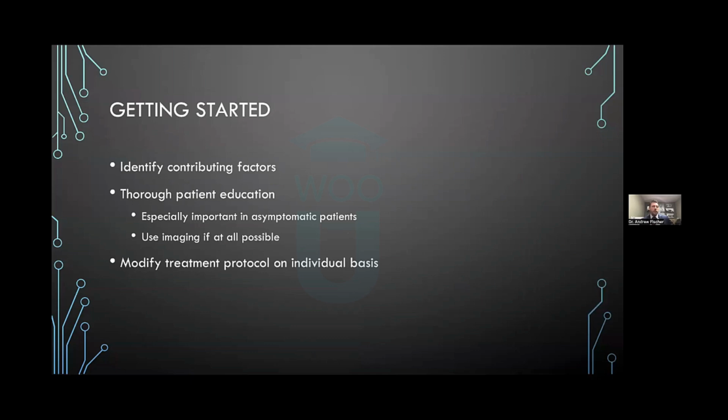So in getting started integrating dry eye into your practice, the first thing we need to do is identify the contributing factors, or the bigger contributing factors, and target those. It's important to keep in mind throughout this whole process that very thorough patient education is incredibly important, especially in those patients where we see signs clinically in the microscope, but they don't feel anything. I like to really utilize anterior segment imaging, meibography, if at all possible, because a picture is worth 1,000 words. If those patients see what I'm seeing and realize, wow, that does look bad, or we compare that to what a normal or healthy eye looks like, they can buy into it because they see the damage that's being caused on their eye.